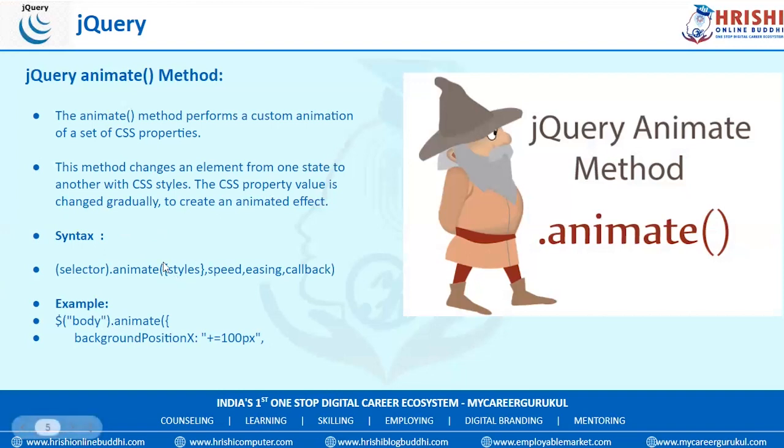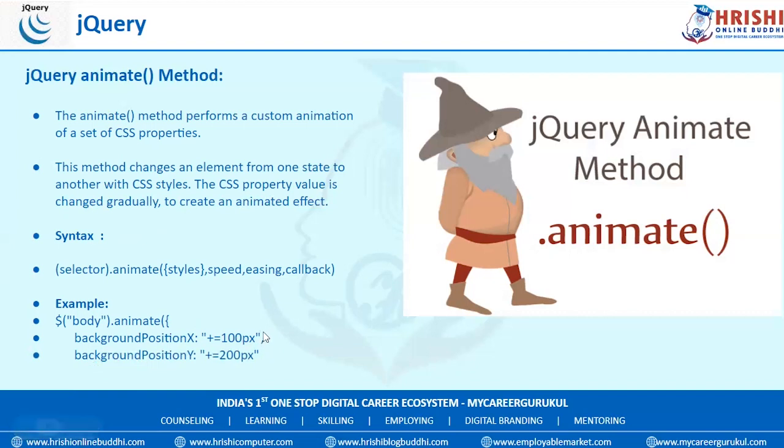Now inside this parenthesis and curly braces, we have written style. Here I have given a CSS as background position X plus 100 pixels. So it will be shifting background position X by 100 pixels. Whereas second, comma, if you want to give multiple CSS, you have to just